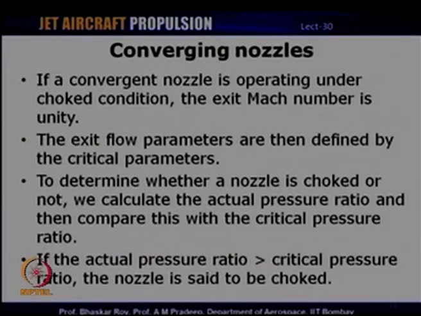This also we have discussed when we were talking about the cycle analysis, real cycle analysis, or even ideal cycle, where we actually calculate the pressure ratio and then just see if the nozzle is choked or not. If it is indeed choked, then we have to equate the exit conditions to the choked parameters. So, if the pressure ratio is greater than the critical pressure ratio, the nozzle is said to be choked, in which case the parameters at the exit of the nozzle will be equal to the critical parameters that we have